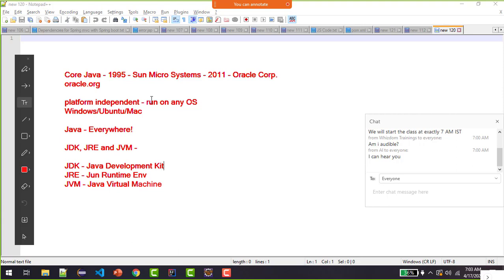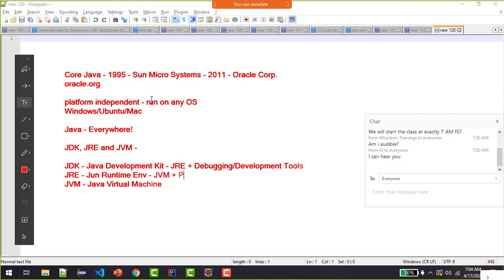So when we say JDK, JDK already has JRE embedded as part of it. It also has all the debugging as well as development tools as part of it, with the help of which you can do the development. That is what JDK is. I'll show you on my local system also. And when I say JRE, JRE has JVM integrated as part of it.